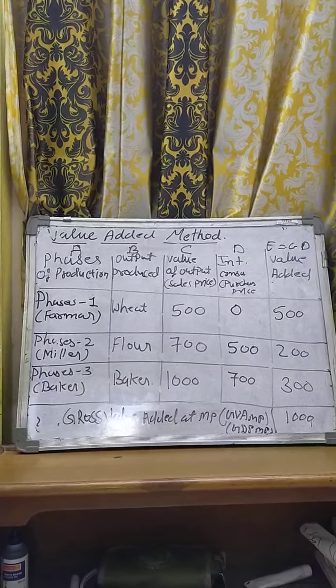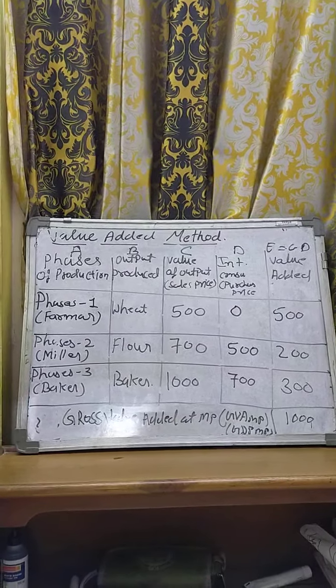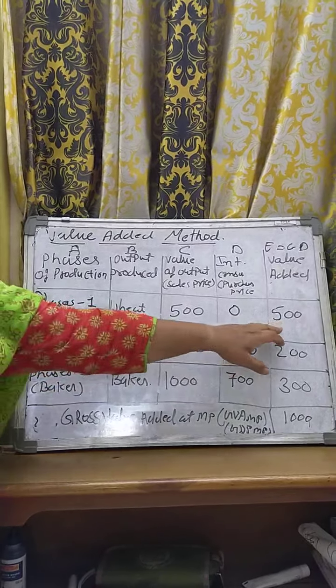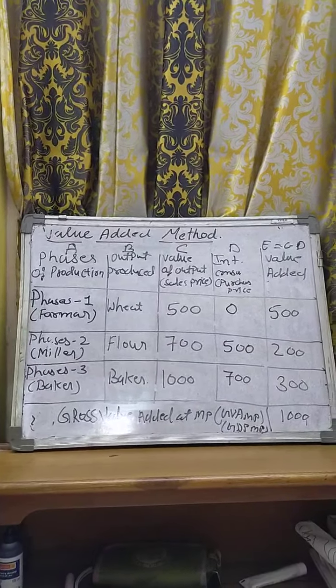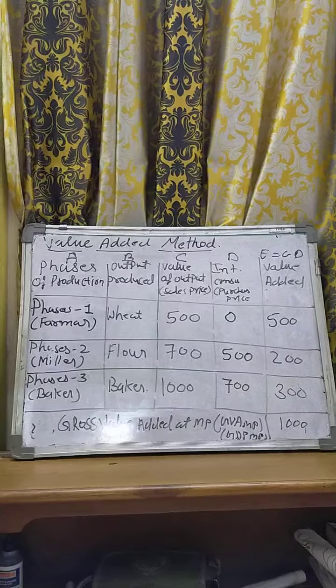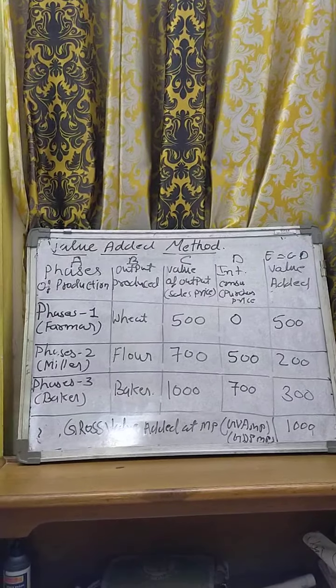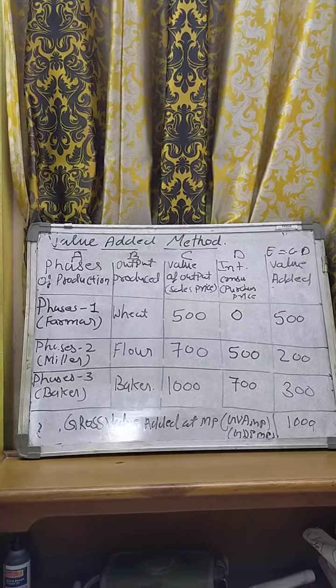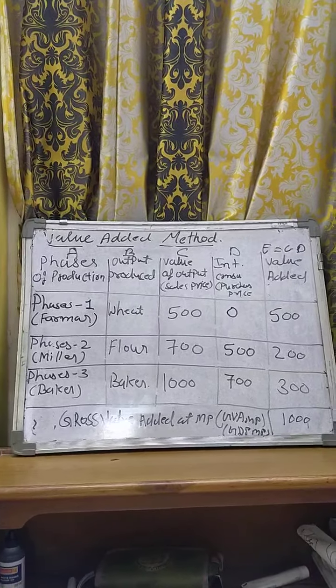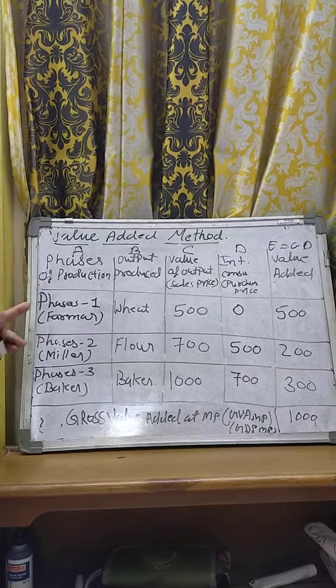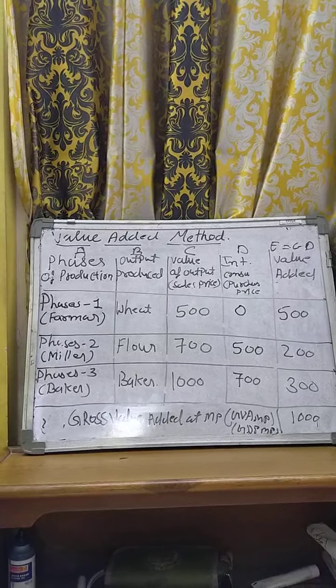We took raw material for 10 rupees. Now our selling price is 20 rupees. So what is our value added? How much value did we add to it? 10 rupees. Fine. Now second phase, third phase, and this type of table you see like here. Now first phase, we just take the example only.